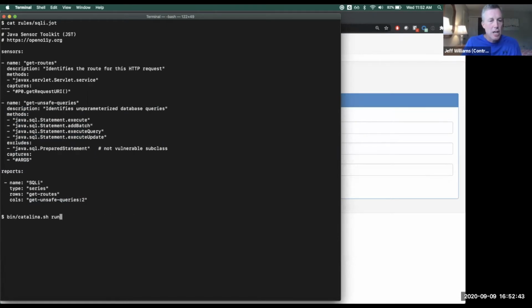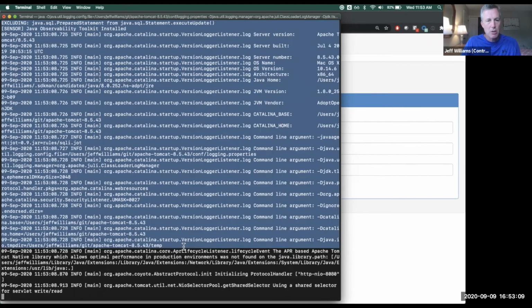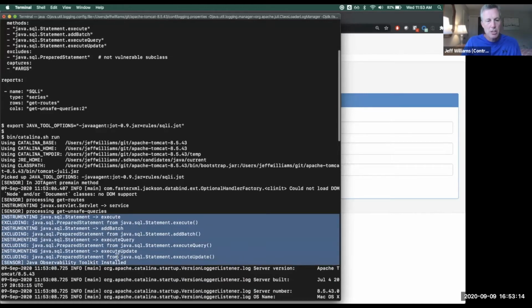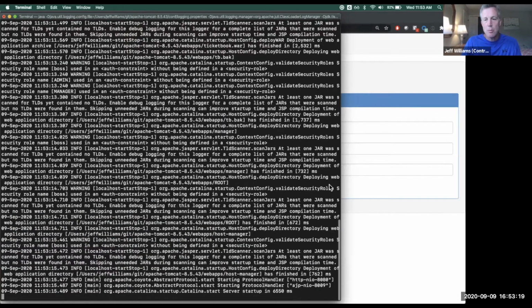So that's it. Now to enable this, we just tell Java that we're going to use this JOT library. We add the standard Java agent flag, and we tell it to use that file that we just looked at to define the JOT. Then you run the application normally. So that's it to enable this. I'll just run this the normal way. And as this starts up, you can see some instrumentation going on as the observability toolkit instruments the app and installs it. And then the application just runs normally.